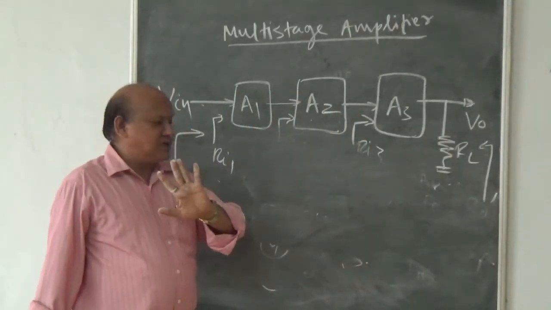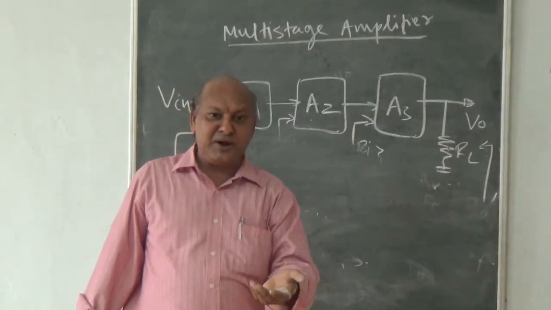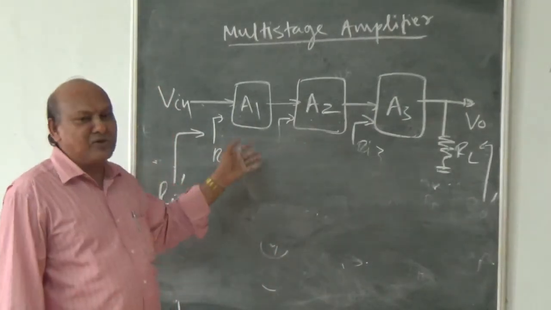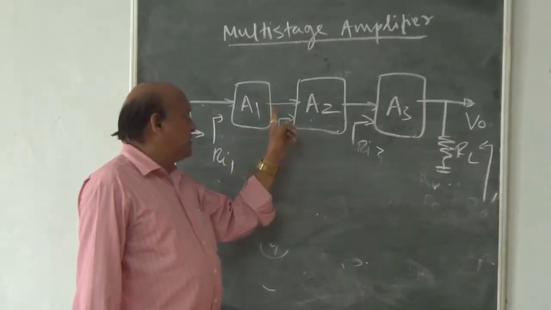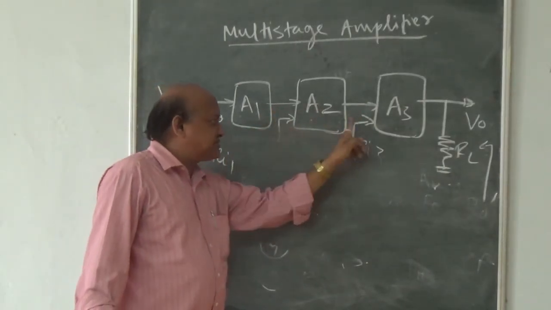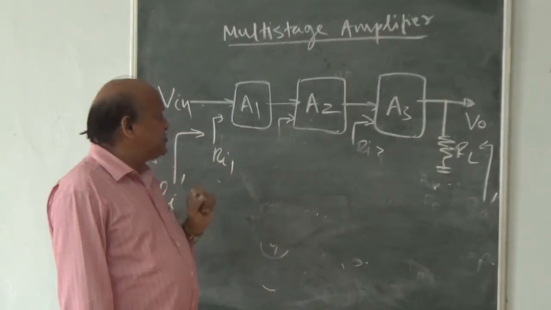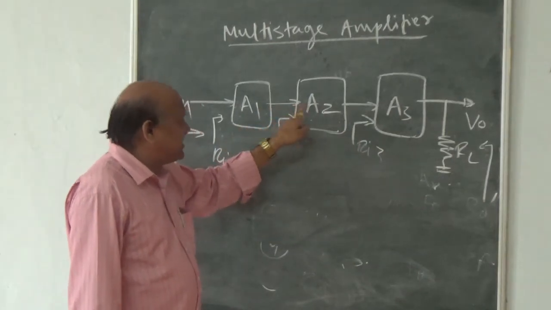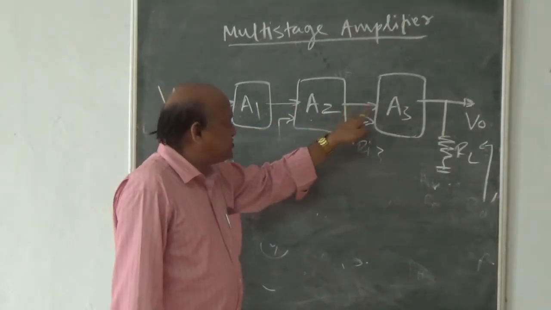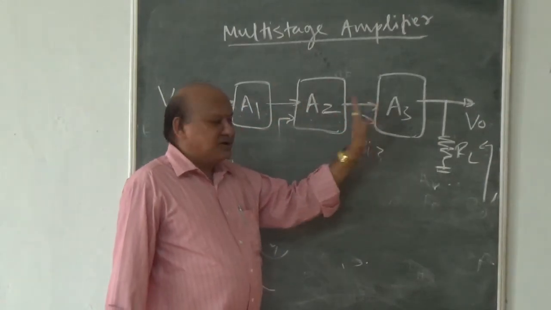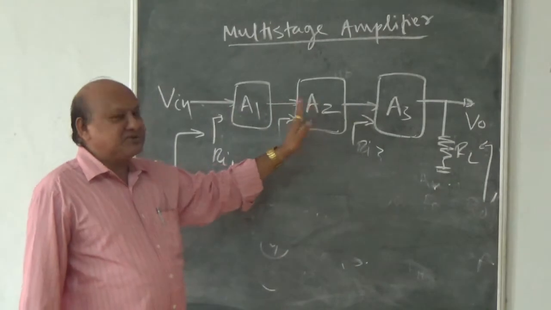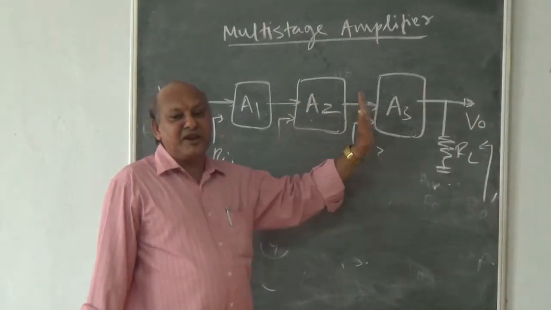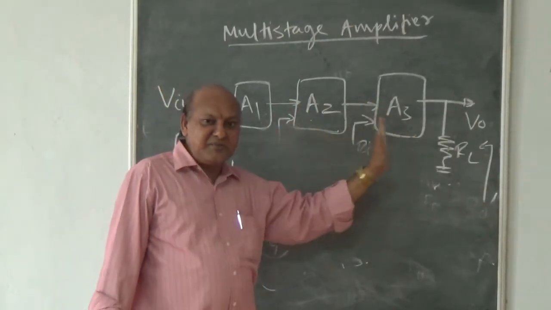Now one more thing before concluding this video, I would like to tell you, and in the next video we will go into the details about this also. Here these stages are cascaded, which I have shown in the diagram. But what actually happens when we connect the output of the first stage to the input of the second stage? Similarly, output of the next stage to the input of the next stage, like this. In between the two stages, we can use coupling also. So coupling is a very important factor while designing the multi-stage amplifier.